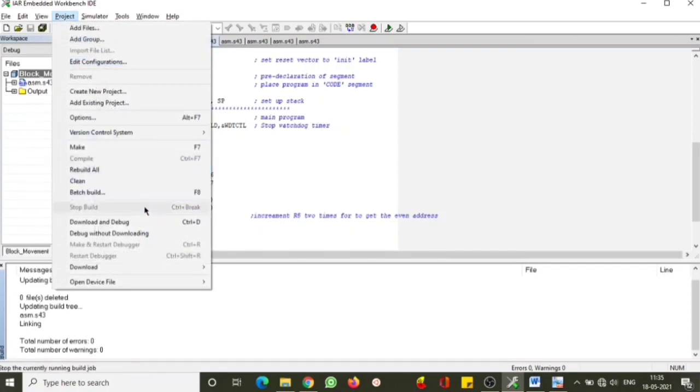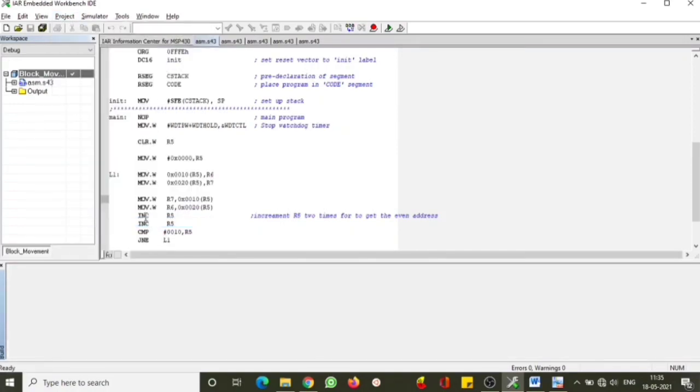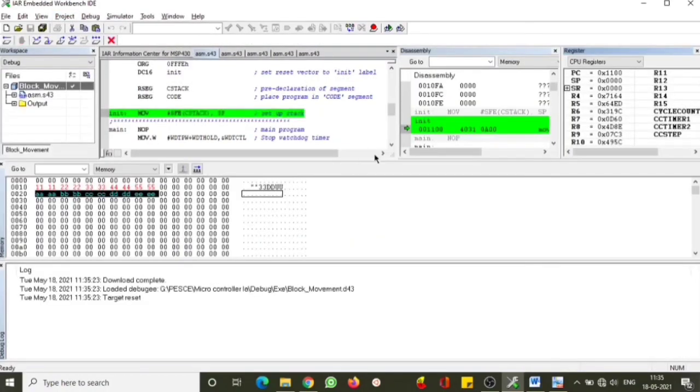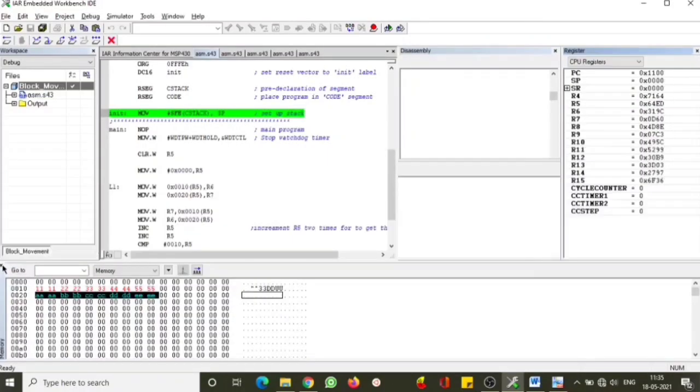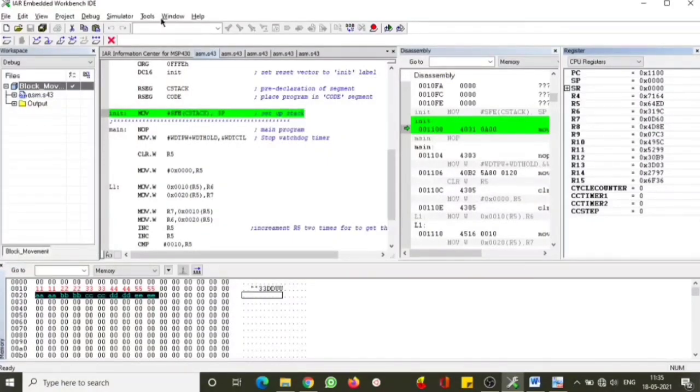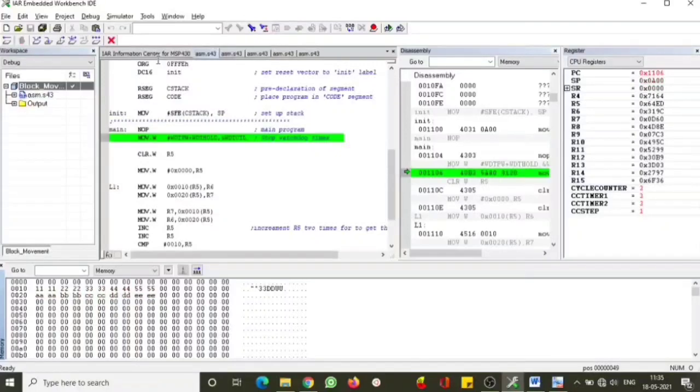Now I'm supposed to go down and click on download and debug. I will open this file. I have already opened the memory location and the register location. So we will just run the program. I'm running by using F10. We are able to see that the data has already been loaded, right? Initially the data will be loaded like this. We are able to see that all the data has been moved. So I'm moving ahead, running the program now.